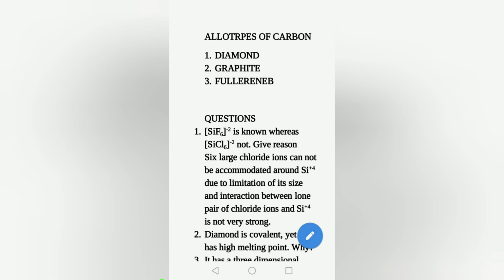Next allotrope of carbon is graphite. Unlike diamond, graphite has a two-dimensional layered structure. In this case, only 3 of the 4 valence electrons of carbon participate in chemical bonding. The hybridization of carbon in this structure is sp2, having 3 covalent bonds with 3 other carbon atoms in the same plane. The fourth electron of carbon does not participate in the bonding and remains free, and it is responsible for the electrical conductivity of the substance.